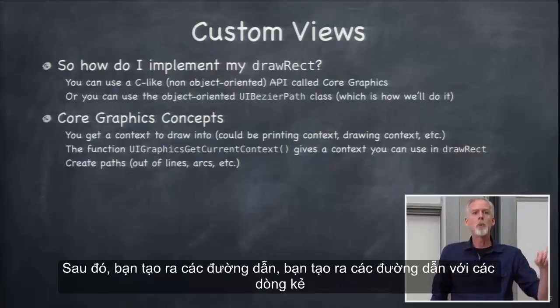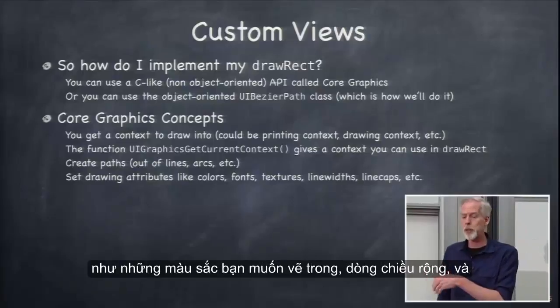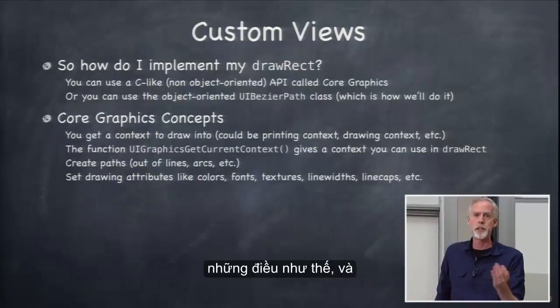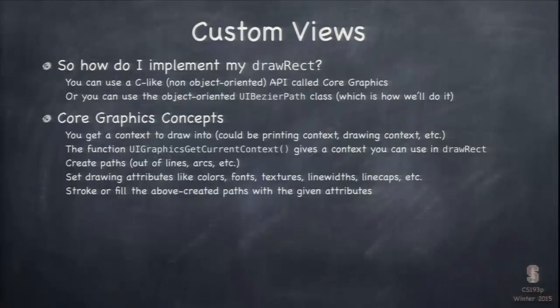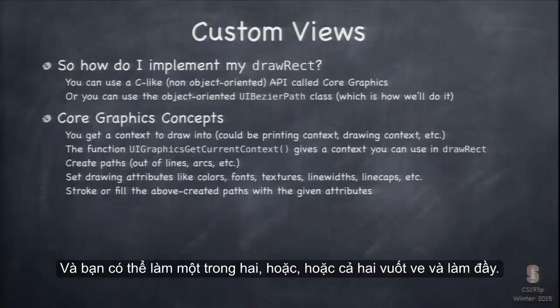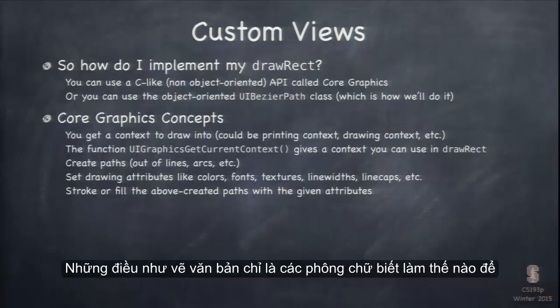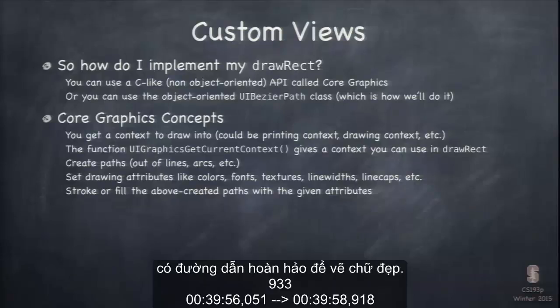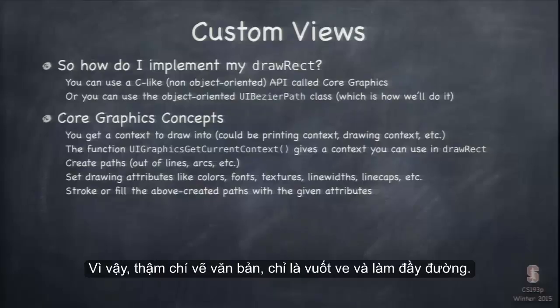Then you create paths. You create paths with lines and arcs and things like that. Then you set the drawing attributes, like the colors you want to draw in, the line widths, things like that. And finally, you stroke and fill those paths. Okay? You can do either or both, stroking and filling. So that is fundamentally how you draw. Things like drawing text is just the fonts know how to have the perfect path to draw beautiful letters. And so your stroking would outline the letters, and filling fills in the letters, okay? So even drawing text is just stroking and filling paths,